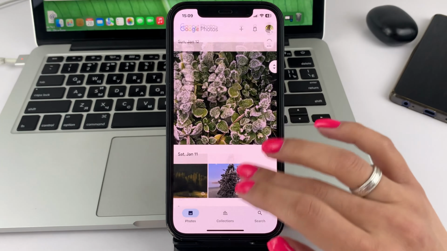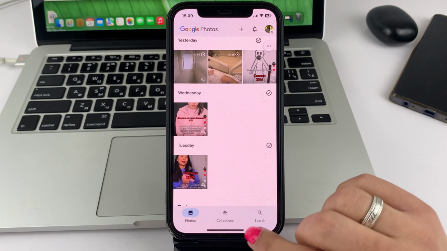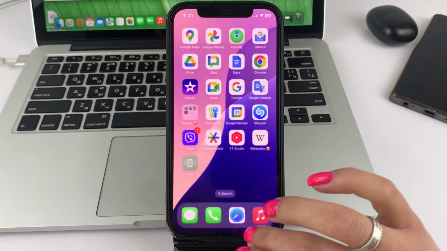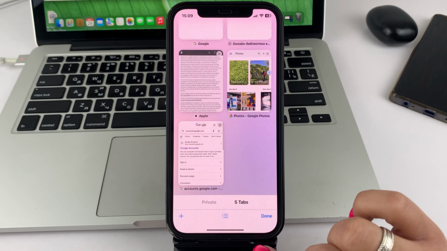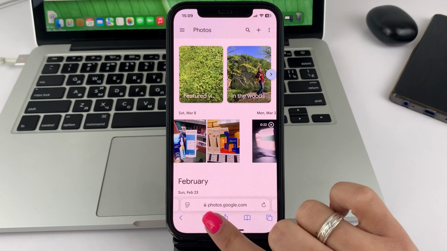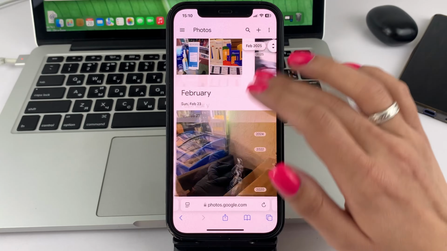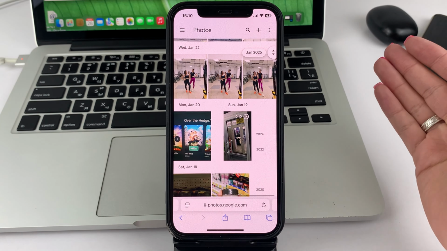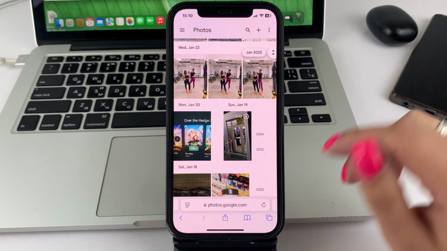If you suddenly want to delete various files that were previously copied to your Google Photos, then you can open your web browser, then go to photos.google.com, and thus here you will be able to highlight and delete various photos and videos that you have taken earlier. This way, permanently they will be deleted from your Google Photos.